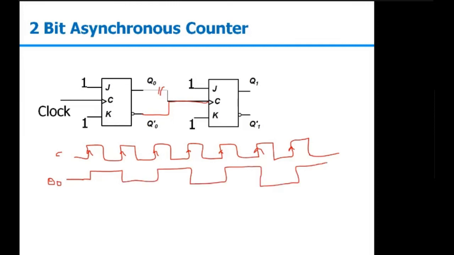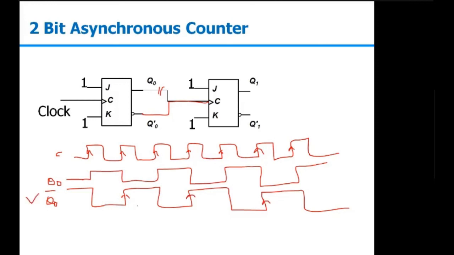But what is the clock of our next flip flop? Q0 bar. So we just need Q0 bar as well. That will be the reverse of this. The next flip flop is again my positive edge trigger, so it will be triggered at every positive edge of my Q0 bar. So this Q0 bar will be my next clock. Now talking about Q1, Q0 and Q1 are reset. So the output will be toggled here, then at this instant, then at this instant, and so on.